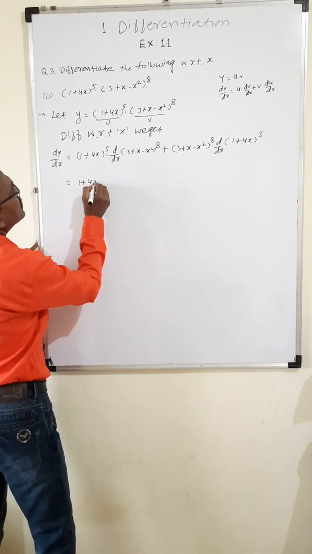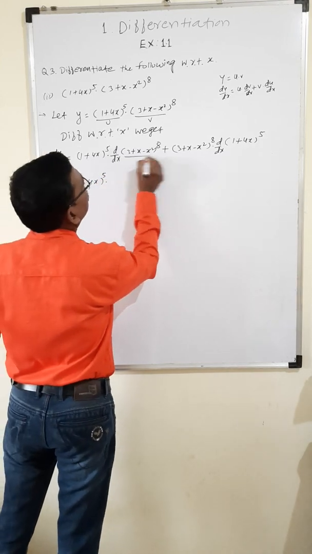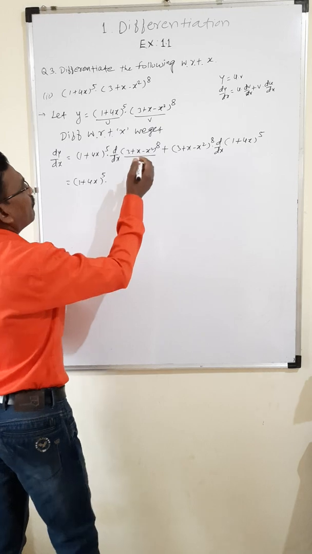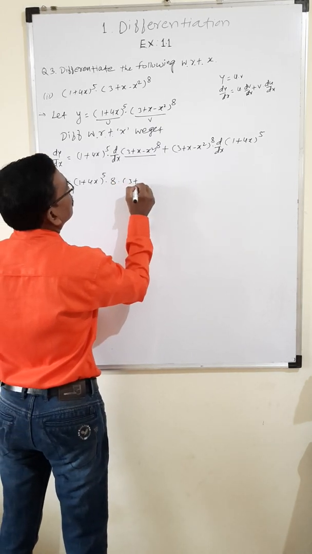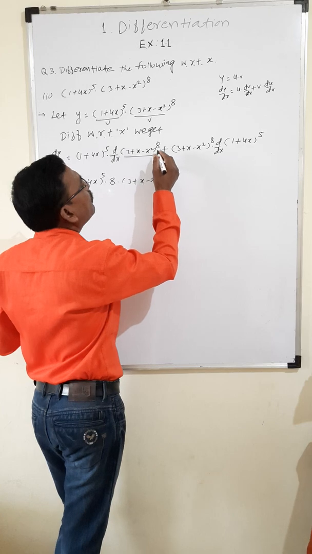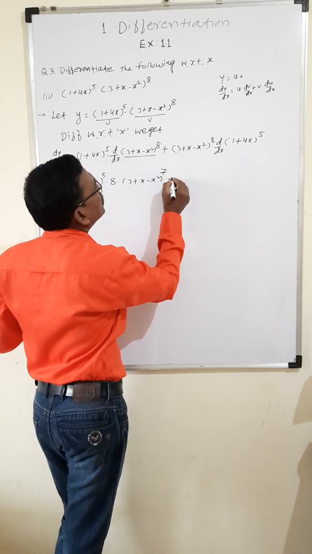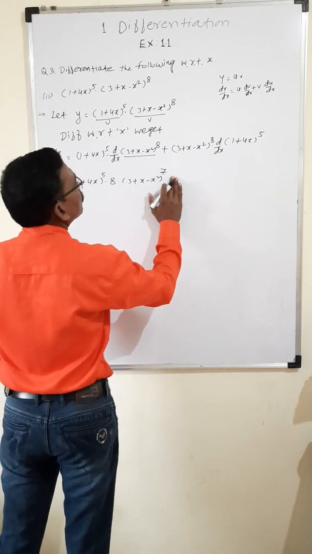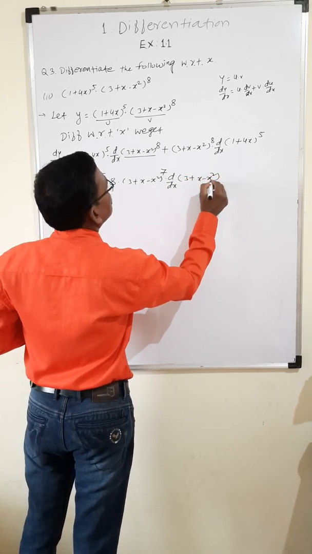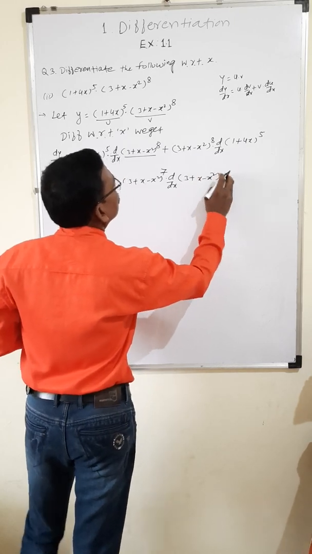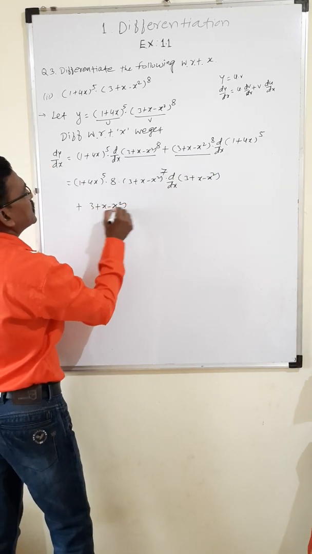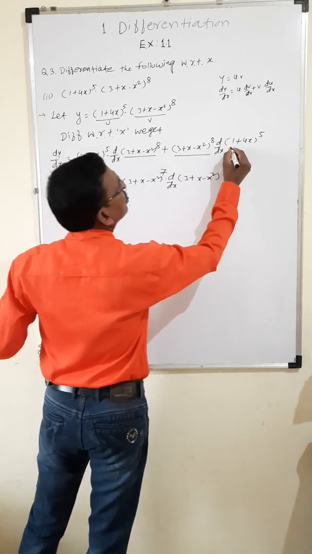Keep this as it is, into, here again we observe it is a function like f of x raised to power n, and so its derivative is power into that function to the power n minus 1, means 8 minus 1, it is 7, plus here again by chain rule we take its derivative into derivative of that function 3 plus x minus x square, then plus, we take this term as it is, 3 plus x minus x square to the power 8 into, again we take its derivative.